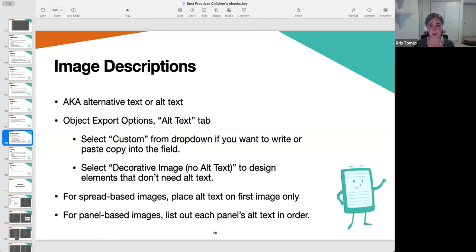Image descriptions. So this is also known as alternative text or alt text. Basically, it's an alternate text for any of your images. So you can add your alt text by going to Object Export Options, selecting the alt text tab, and then you can select Custom to add any copy you want into that field,